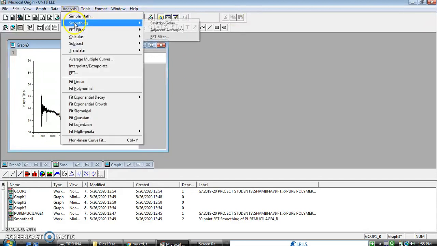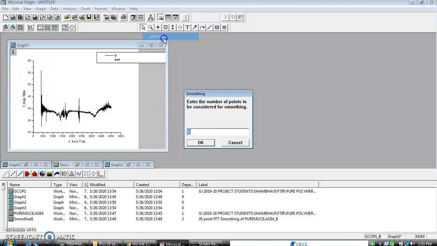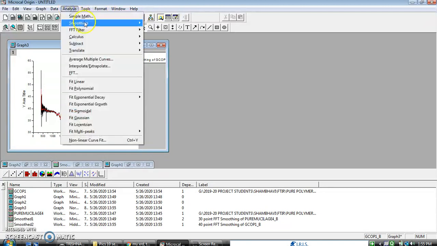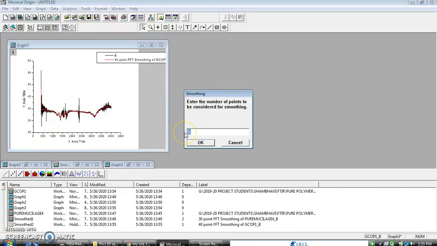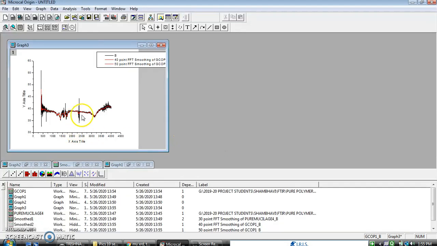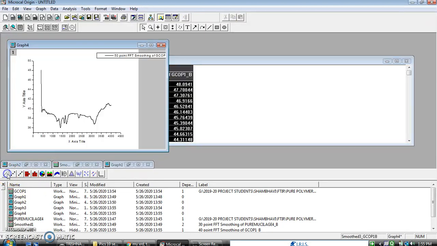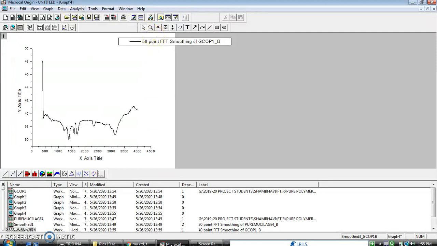Instead of this, directly you come to the first original plot that we have taken. We'll be directly going into the analysis, and we go for the smoothing part. We go to the adjustment filter. Here we'll be increasing the number of smoothing steps that we require. Let's say initially I have taken 30, now I am taking 40. So now you see, still if you find that these readings are also not okay, then you can even increase the amount of the FFT filter. You can take it 50 also. Go to smoother 3. So as I get it, now you see this picture is much better than the previous one.